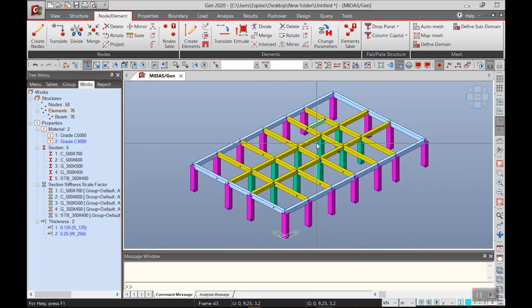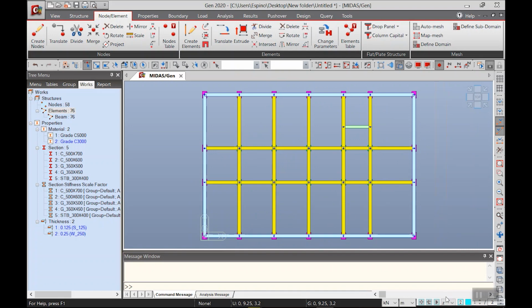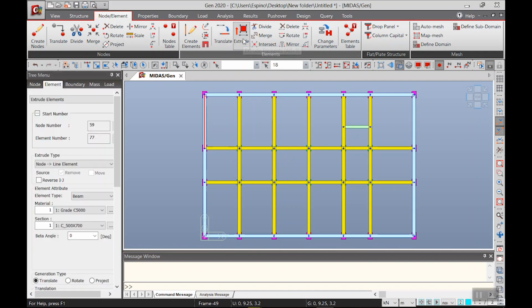After we have created our column or changed the color of our section, we can now create our wall. To simplify this, I can just go to top view, and again, I can now go to the selection filter as none. We can now create our wall using again the extrude option. So extrude, using select single, I can select these elements that I will have to create the wall. Going to line and the element tab, I don't want to remove the beams. I want to retain the beams